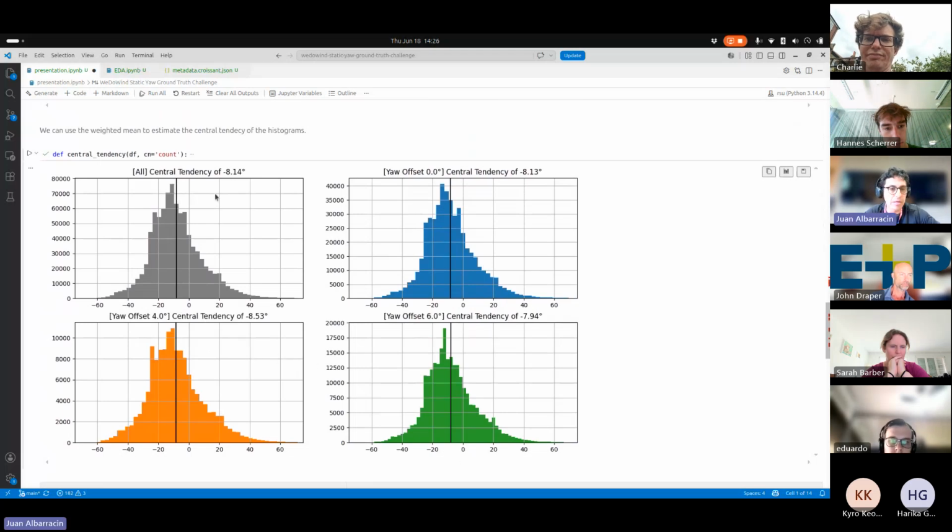Either way, it looks like they are very similar, 0 minus 8.14, around -8 degrees. The only difference is at 6, that was a little smaller, but it might be no statistically significant difference.